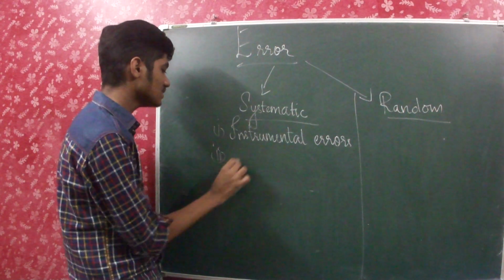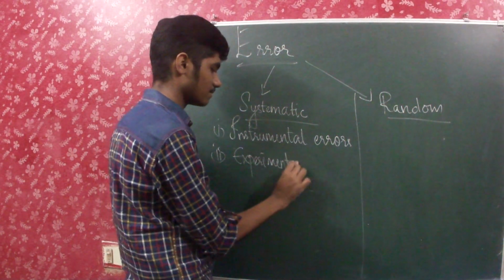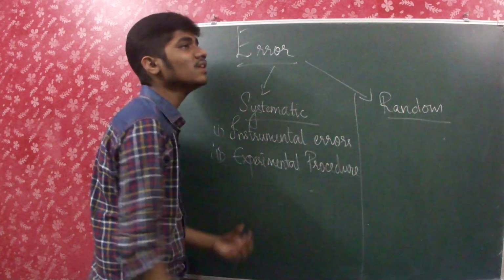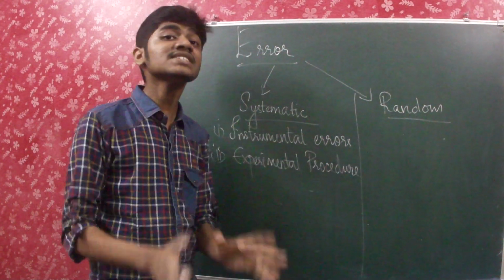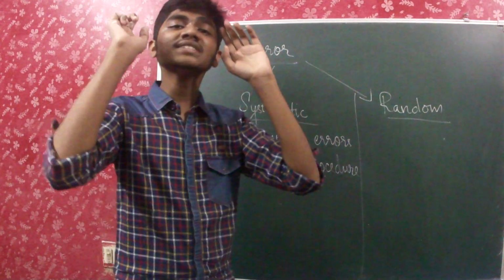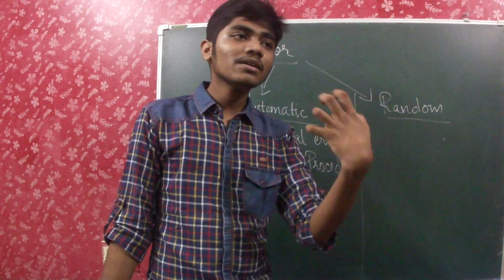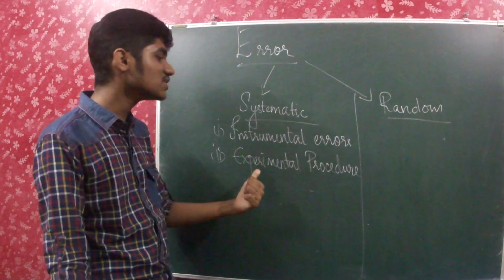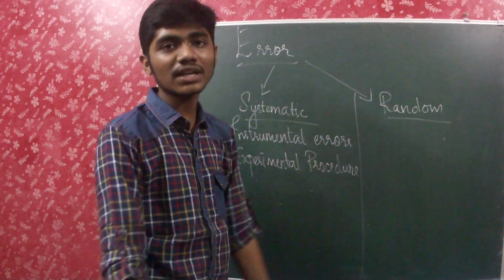And then the next thing is an error in the experimental procedure. For example, I am going to calculate my body's temperature. If I place the thermometer under my armpit, the temperature is always going to be lesser than the actual body temperature. Okay, so the procedure by which we do things also determines the error. That is what is known as experimental procedure. How we are doing things also determines what kind of errors we make.